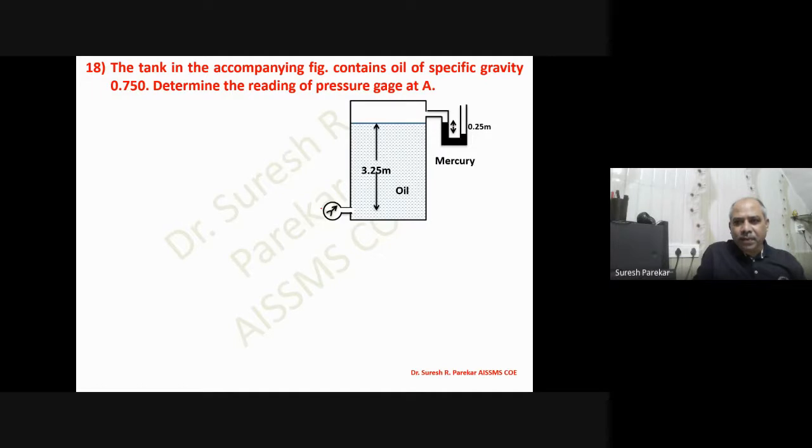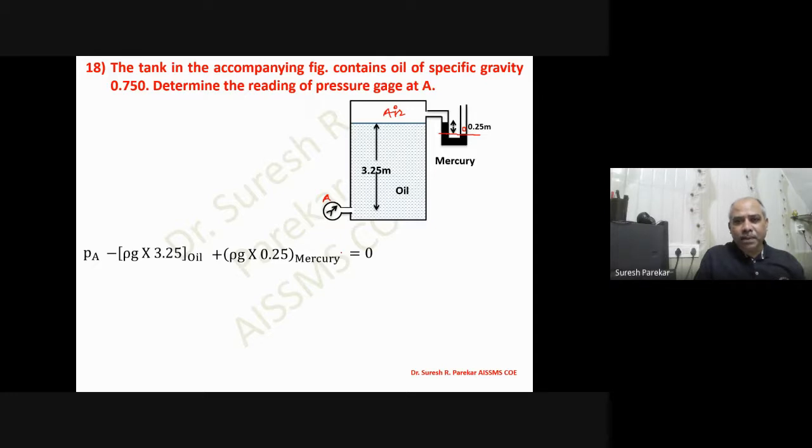Then we have this point A, where we have this pressure gauge, and then we have to write down the equation. So we will start from A. So we are going up. So PA we have first, then we have minus, as we are going up, rho g into 3.5. Then we have air over here, so that will not be considered, and we will directly come over here. This value is given, so this will be the same level. So we will come over here, and here we have atmospheric pressure, so the value is 0. So it is coming down, so plus rho g into h of mercury, so plus rho g into 0.5 of mercury, and open to atmosphere equal to 0.